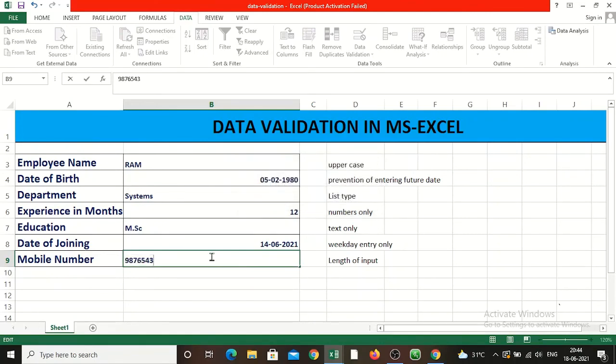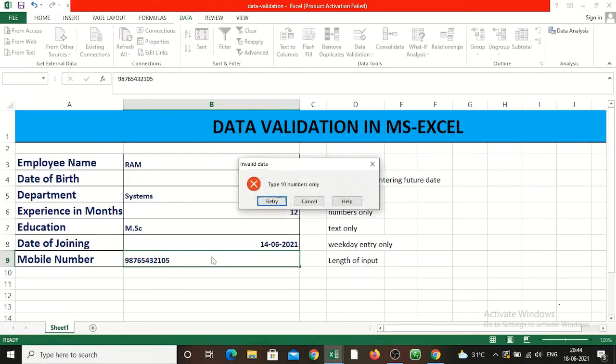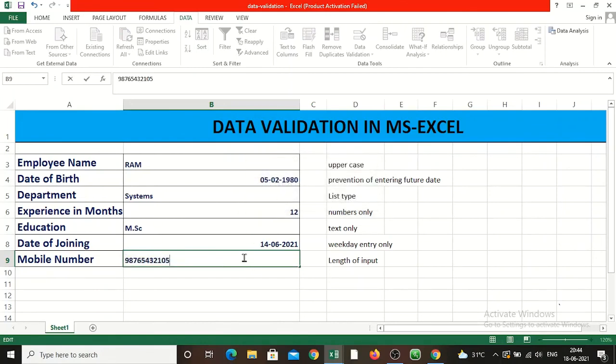Then retry, 98765432110. I am typing beyond 10, and again it is not allowing me to go further. So, let me remove this, and I have typed exactly 10 numbers, then it is accepting it.